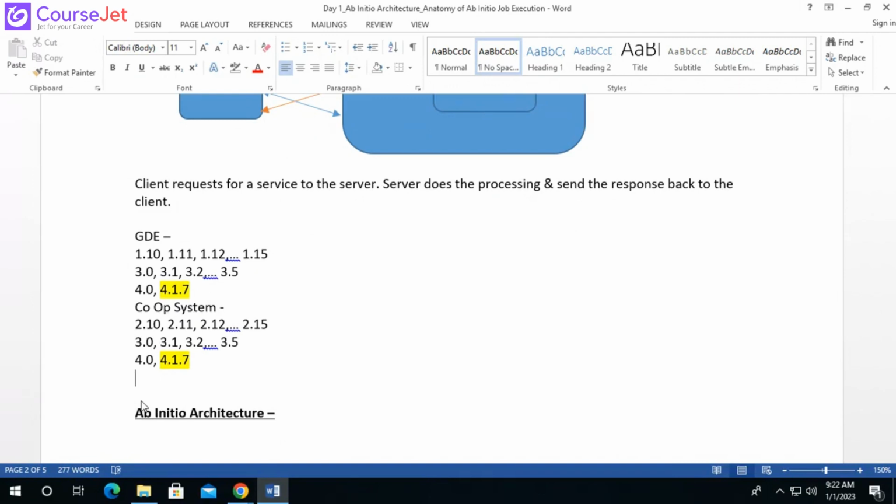Co>Operating System. GDE is for developing graphs with the help of components. The Co>Operating System is mainly used for running the job by creating different processes, managing the processes and memory, checkpointing, and resourcing. Everything is taken care of by the Co>Operating System. The Enterprise Meta>Environment is for version management, and we have Conduct>It,